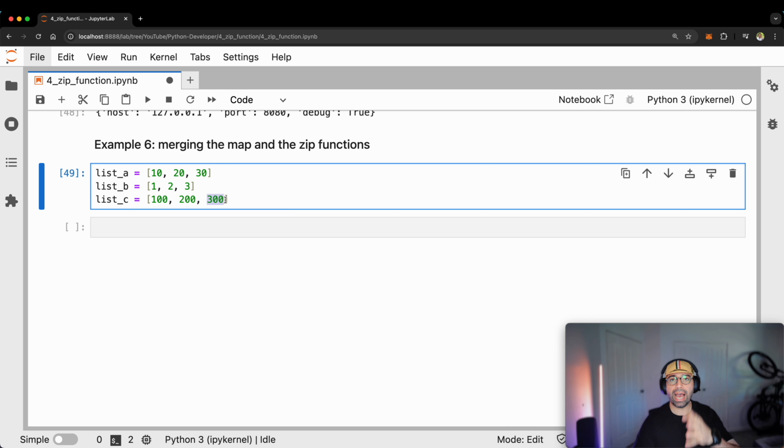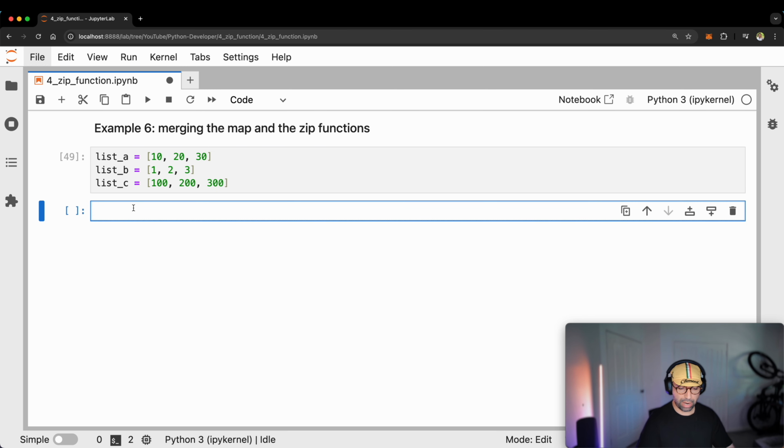You've been asked to add the first indices, the second indices, and the third indices. There are multiple different ways that you can do this, and I think you would first jump to think about for loops or list comprehensions, but I would say there are easier and more memory efficient ways to do this. What I would do first, I would say, hey, let me look at the zip of list A, list